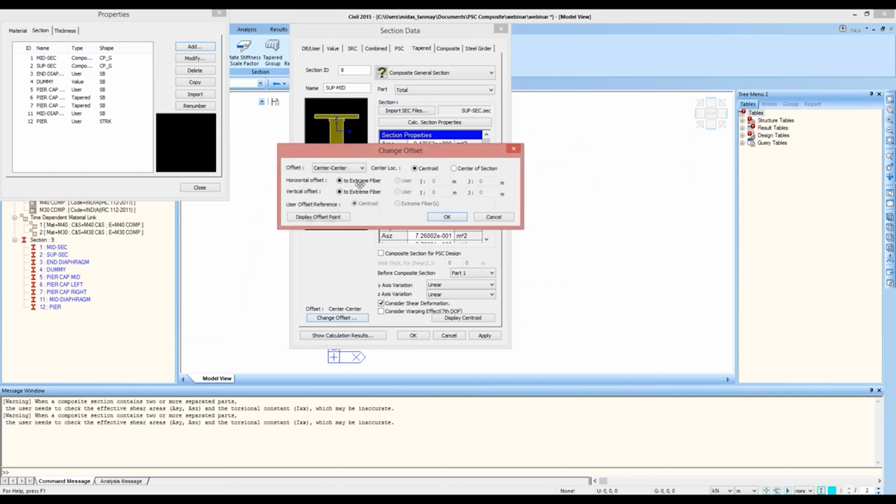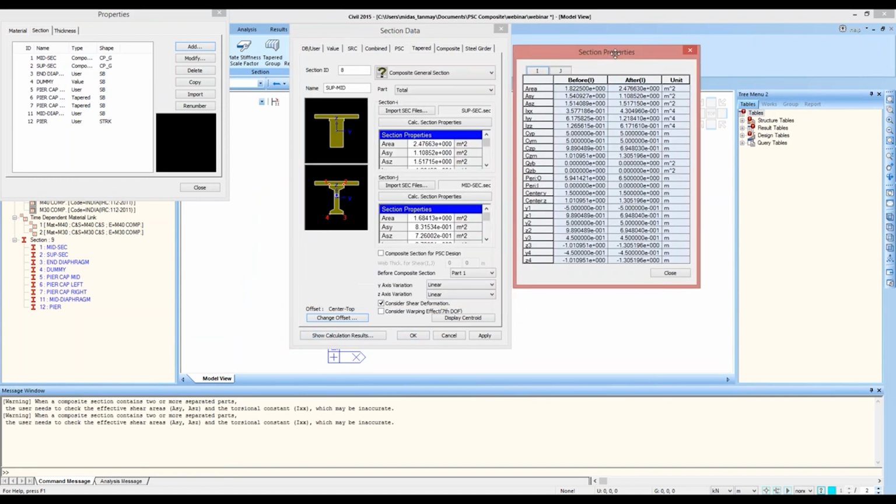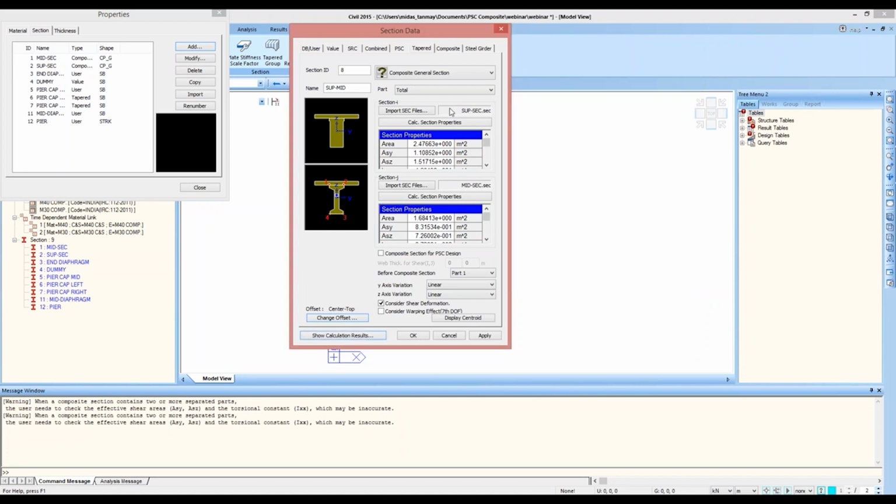I'll change the offset to center top. Okay. And if I click on this, we can see the sectional properties at ith end and jth end, both before and after the composite action has taken place. Close.